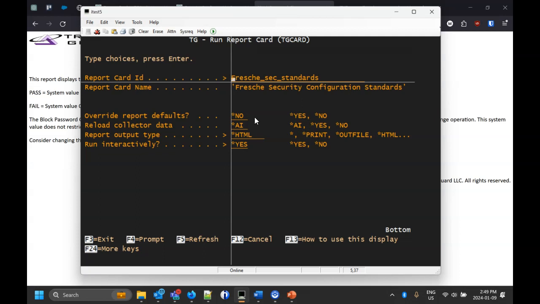When we go to run this report, we can leave the defaults here, and you'll notice the output type is *HTML. What this is going to do is generate HTML files to the IFS in the Trinity Guard reports directory. Now, to read those files, we can pull them off of the IFS, but what we recommend is